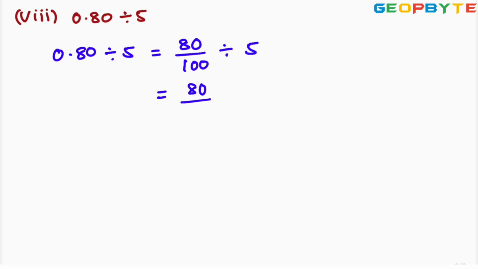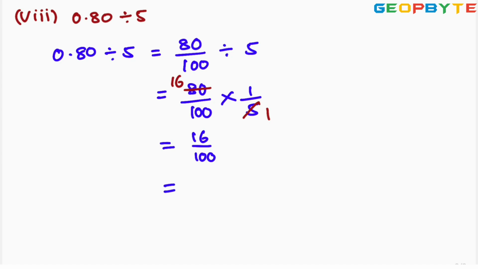80 by 100. We need to find the reciprocal for 5. Reciprocal of 5 is nothing but 1 by 5. And we need to change the division symbol to multiplication into 1 by 5, which is equals to, here 5 ones are 5, 5 16s are 80. Then we'll be getting 16 by 100,